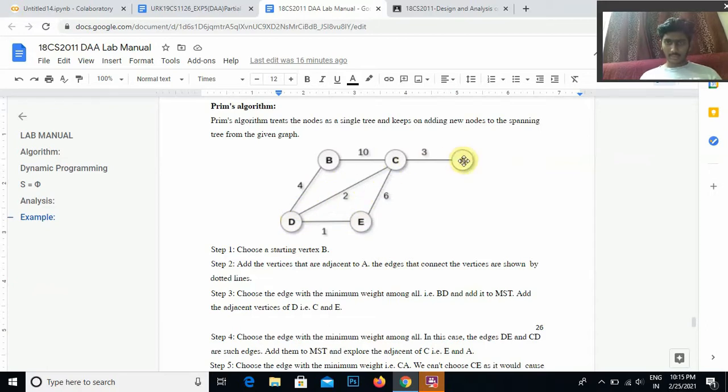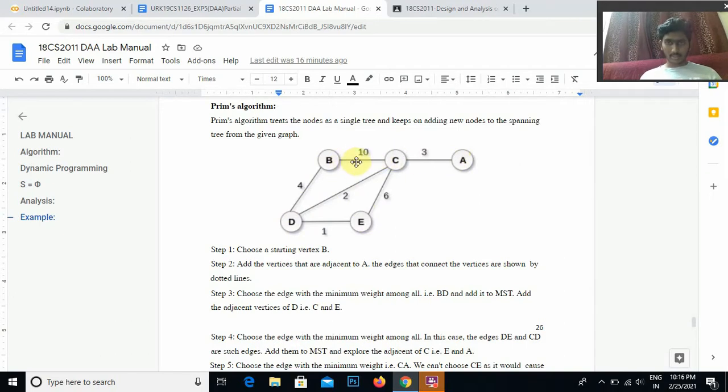Now let's go for the last one, A. A, I have only one line, so this only one edge must be taken. So what is my graph now? B, D, C and E, and then again A. So this is my graph now. It is not making a loop because this is disconnected here. So my minimum spanning tree will not make a loop, and has the minimum number of edges.